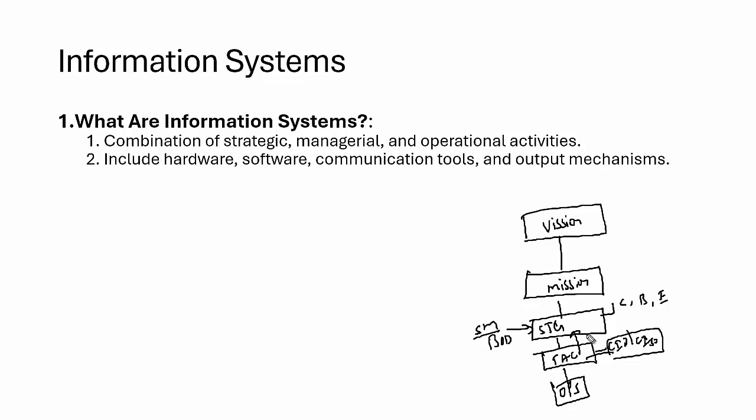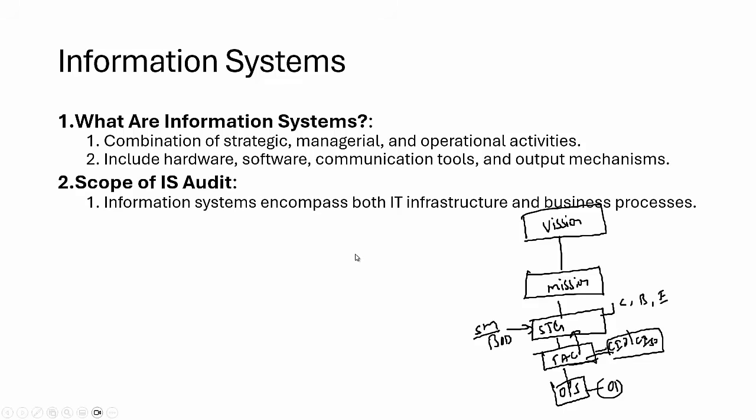The bank has decided they want to make it digital. They want everything to be online. To support the online, we need technology, right? So they will create a tactical plan. And then we have an operation team who will implement that plan. So by the end of the day, all are working together to create value. So that's why I say information systems are the combination of strategic, managerial, operational activities, which include hardware, software, data, people, process, and by this, they create value. So that is the most important part.